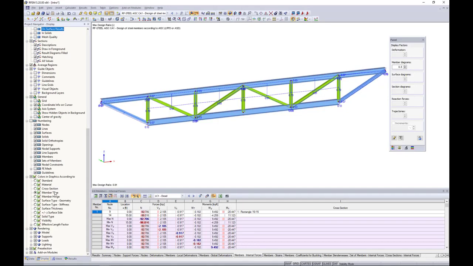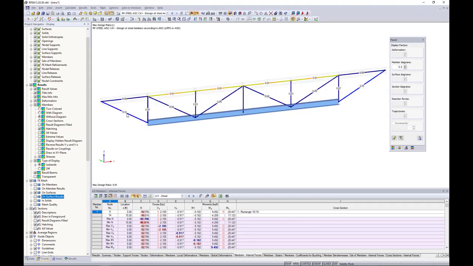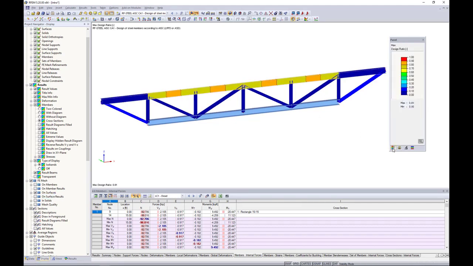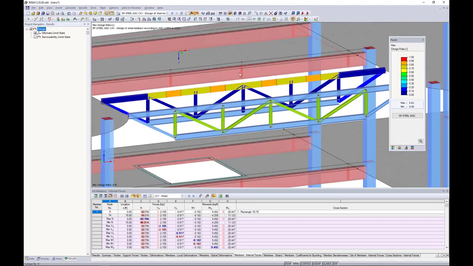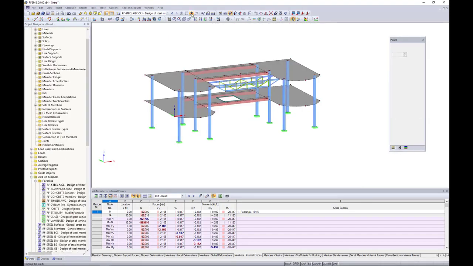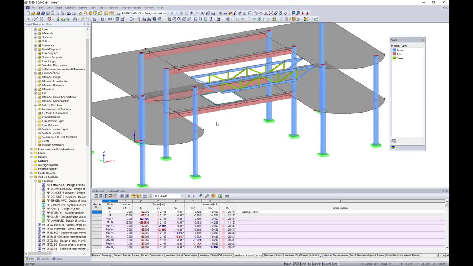Under the display options, as we saw before, we have our results tree here. Well, under the members tree, we can actually change this to without a diagram. So maybe we want to see just colored lines here, or we can change it to colored cross sections and use this in conjunction with our color panel over here on the right. Again, you can add all of these pictures to your printout report for your design per the AISC. Okay, so let me cancel out of this visibility mode. I'm going to turn off my results here, and we will go back to the normal view of our entire